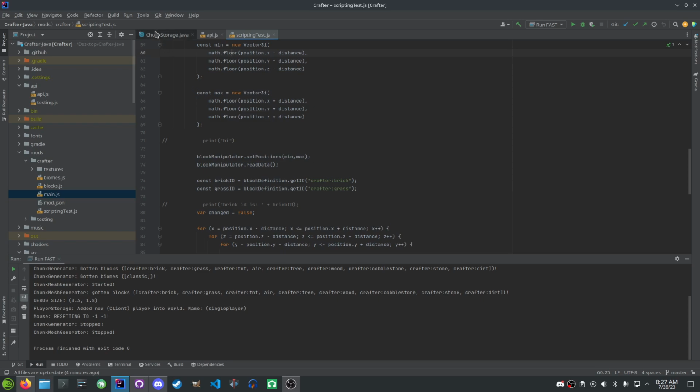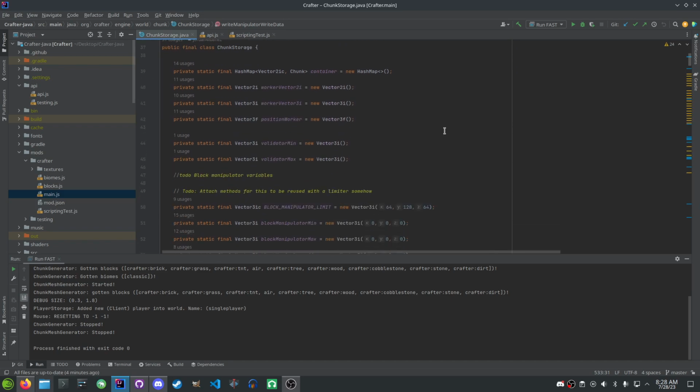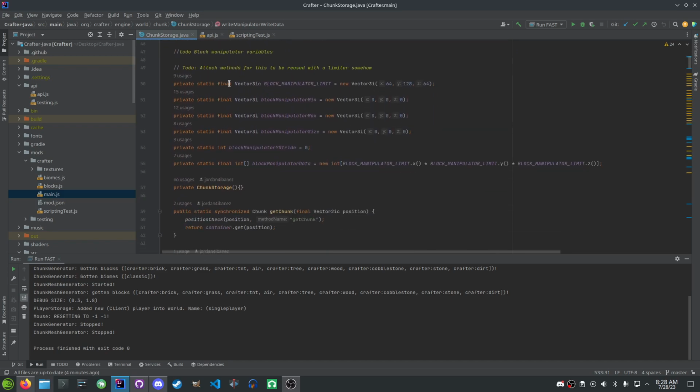I can show you, but I don't know how much I'm going to be able to explain because this has been a lot of work. Here's the block manipulator fields. And it's literally one internal array and it's being reused constantly,